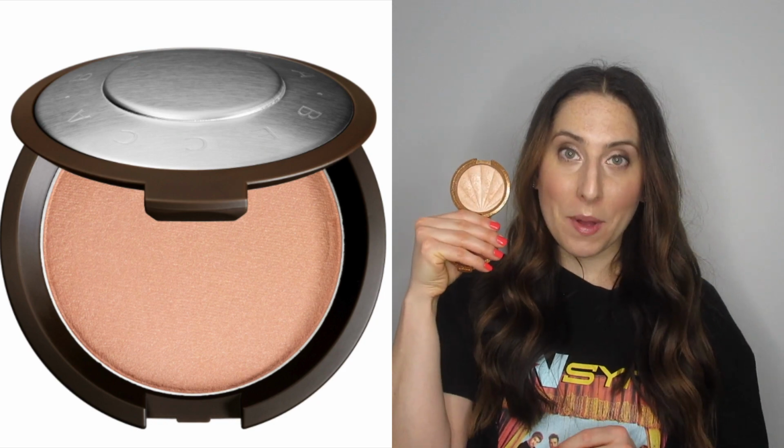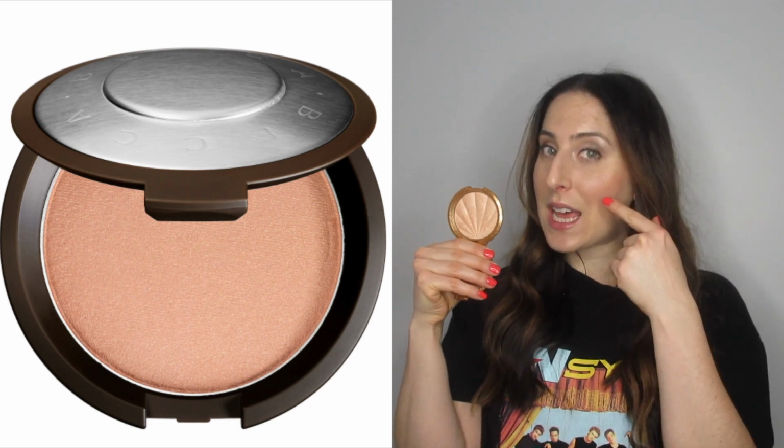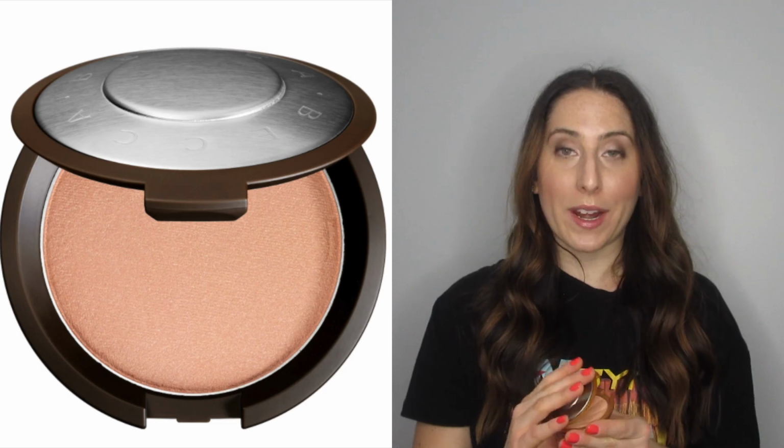And last but not least, an oldie but a goodie. This is in special packaging, so don't mind me, but this is the Becca Champagne Pop Highlighter. I also have this on today, and I usually wear it every day. Yes, I said I wear highlight every single day. I don't care. I don't have to go all out, but I like a highlight. So this is, like I said, Shimmering Skin Perfector Press Powder. This was in some pretty packaging, but Champagne Pop is like